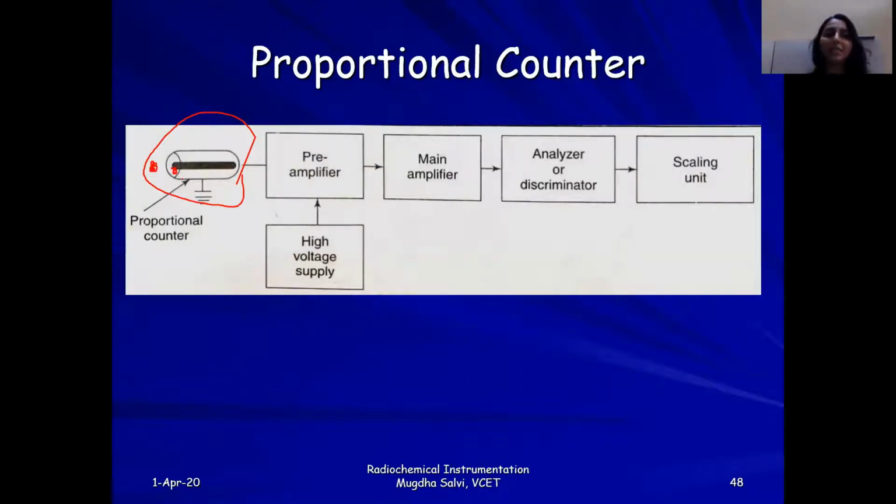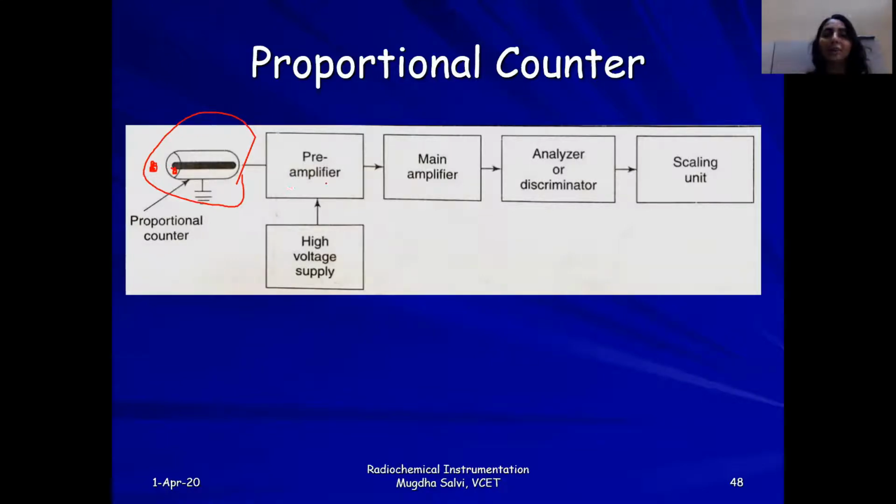If the material is placed inside or if proportional counters are used as inline counters, that means they are placed in the measuring system continuously, then there will be a continuous supply of the gas such that the life of the proportional counter will be infinite because the gas inside is getting replenished every time. Due to this particular reason, the life of the proportional counter will be infinite and can have numerous applications.